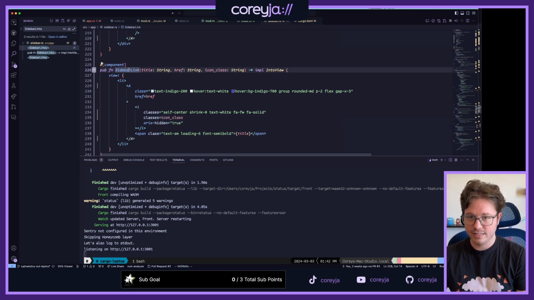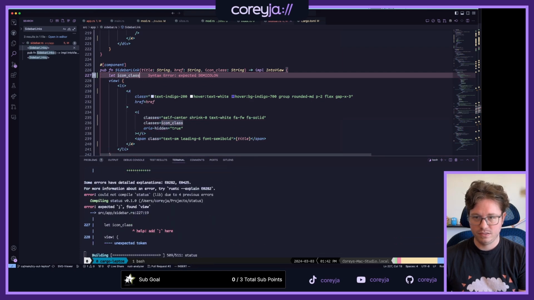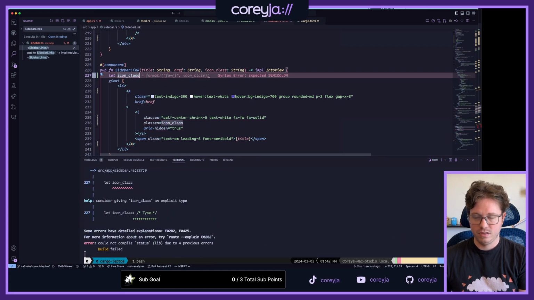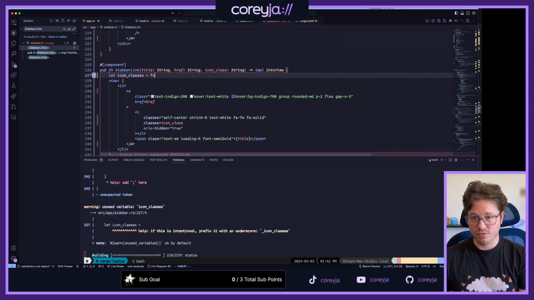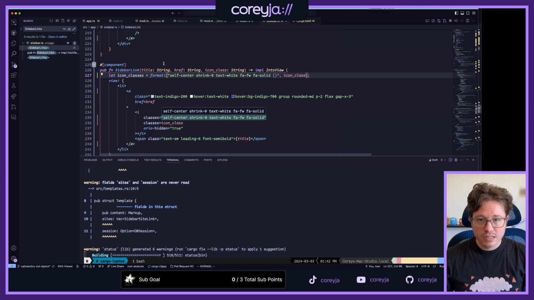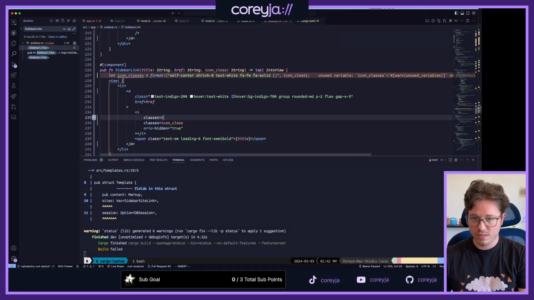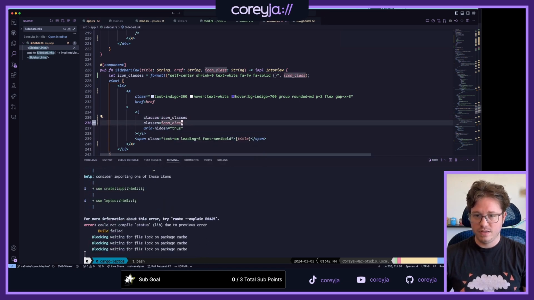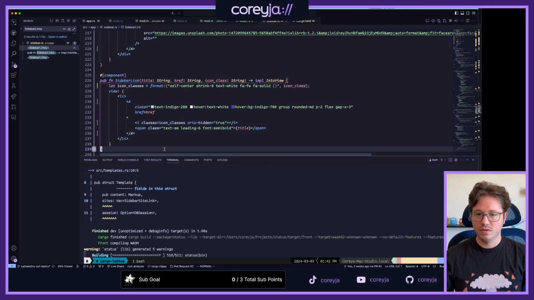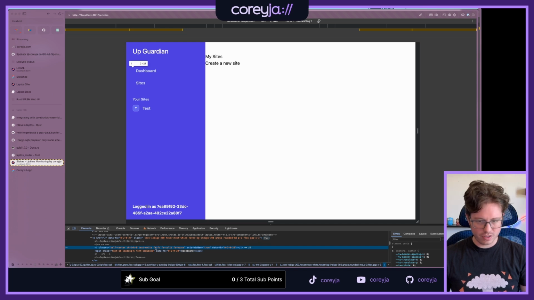Okay, so then I guess I need to do a let icon classes equals a format of all of those things with icon class. Yeah, so then classes can just become icon classes. And this doesn't exist. Wait, but now you have all the things and it doesn't render right.